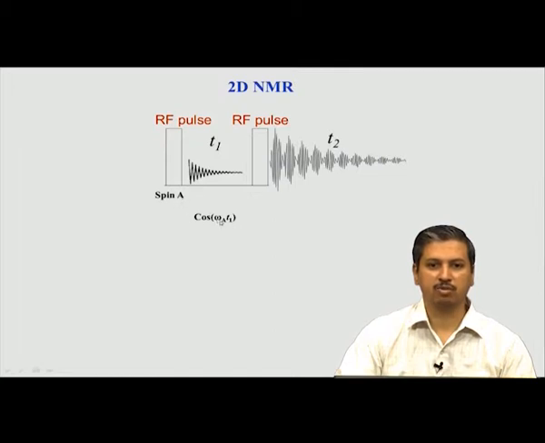Now A is this spin A. We are talking about the chemical shift of one spin A, and T1 because we call this part T1. This is just a mathematical notation to label this variable. It is a variable, meaning it is varying, and therefore we call it T1, and the second is T2. After this transfer, because of the J coupling interaction, the magnetization has gone from here to here. Now I apply the pulse on spin B, and that will start evolving or oscillating in the xy plane with its chemical shift omega B.